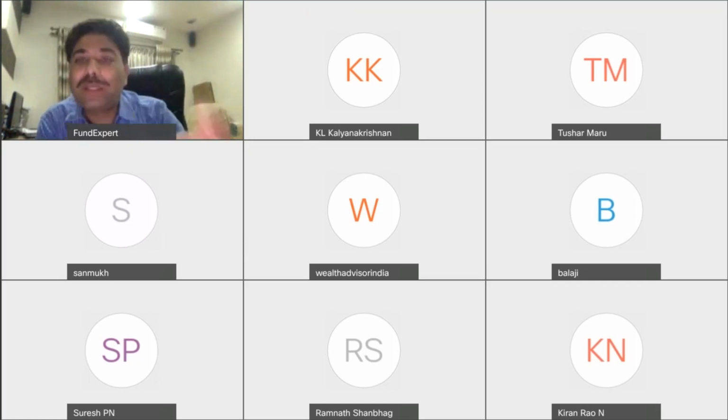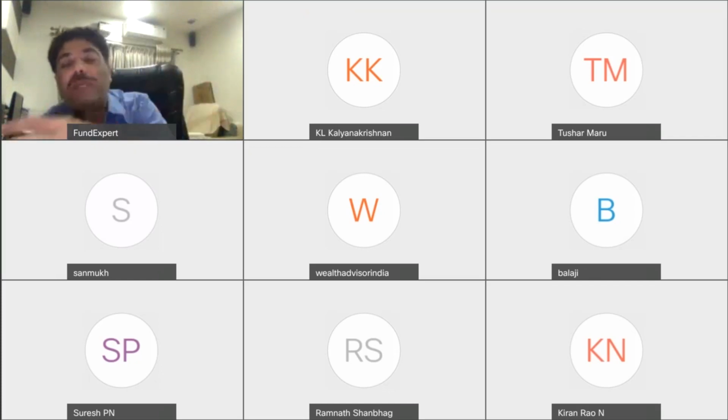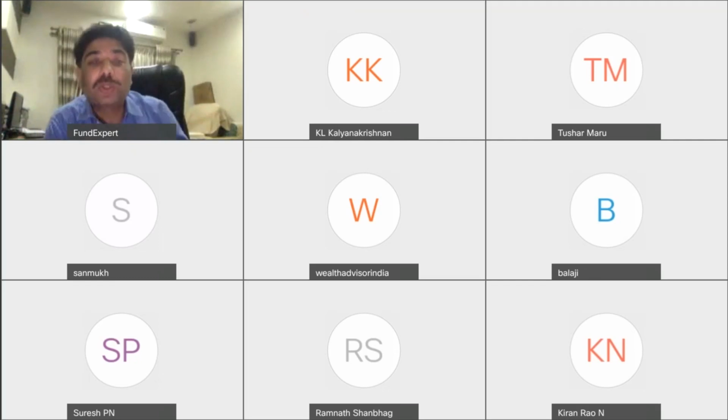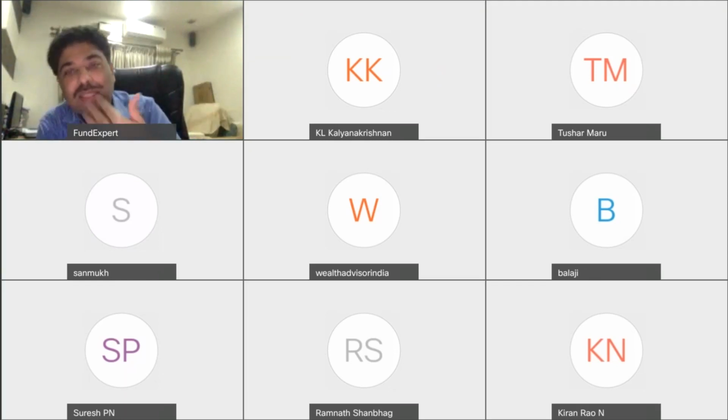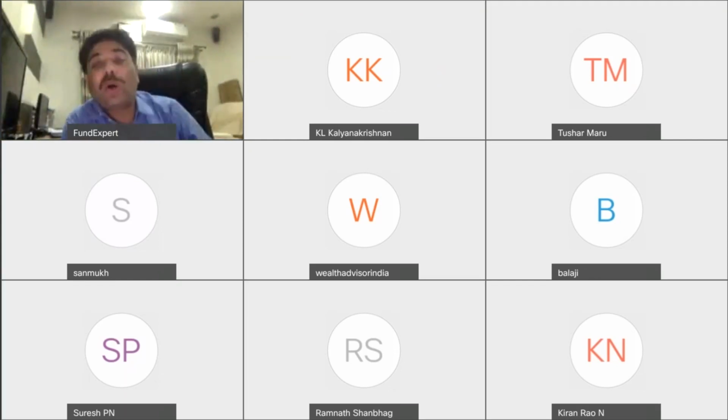You can set up a corpus in liquid loans. Every first working day of the month, money comes in. So every fifth or seventh, you can set up an SIP into a mutual fund. That way, from liquid loans, you can set up an SIP into an equity mutual fund. Just like the STP you do from debt to equity, you can do it from liquid loans to equity also. First you set up a monthly payout, and then set up an SIP into the mutual fund. That way you are combining the power of two funds and building a long-term corpus, so that people can park a big lump sum here, do a monthly payout, and then do an SIP into a long-term fund.